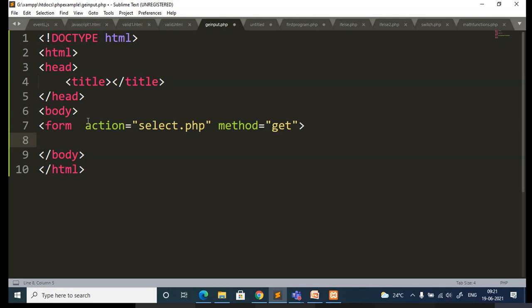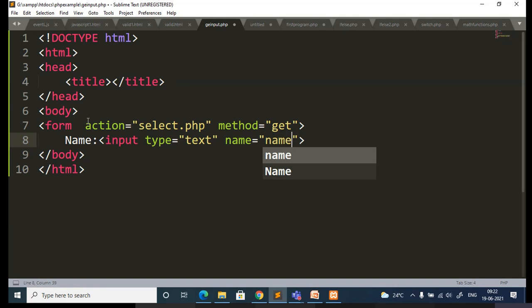So I'll add some form elements. Name, and I will give the name as name only. Then I'll add an input of type submit, the submit button.